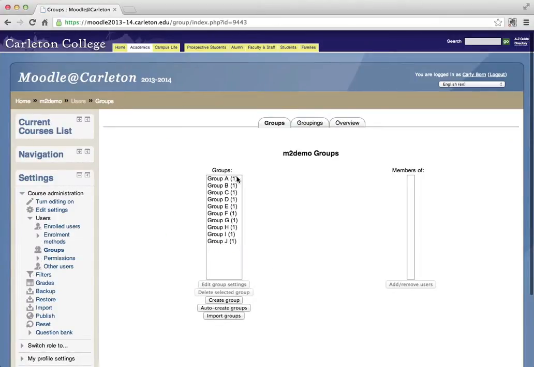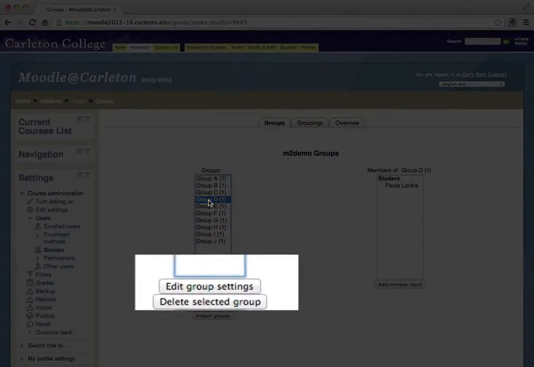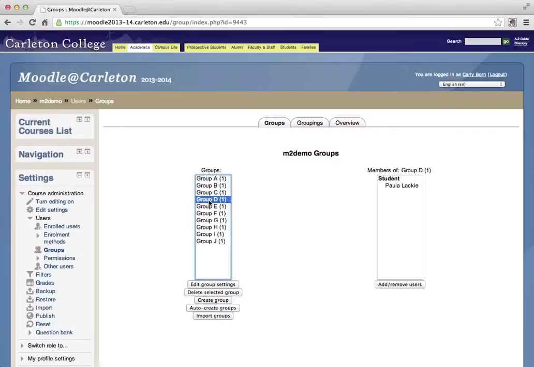And you can see that there are now a number of groups, each with one individual in each. If I select a group here, it'll show me who's in that group over on the right-hand side. So each group has a different person. Now, if I wanted to, I could choose the Edit Group Settings button in order to edit the name of each of these groups. I might want to do that so that I know which student is in each group. This will help me with the use of the journal assignment later. But to save time, I'm not going to do that right now,